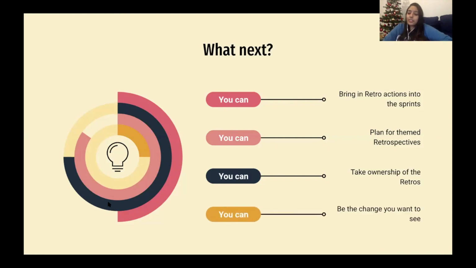And honestly, lastly, just be the change you want to be. If anything that I have said to you in this video clicks with you, don't wait for somebody else to do it. Take that idea, take the ownership of it, go tomorrow, take it to your team and say, hey, I think we should do this. And maybe initially people will say, yeah, you know what, let's wait. But don't wait. Take the ownership. Try to bring this on your own. And once you start doing it, I'm sure people will see, hey, that's a really good idea, and they will learn from you. So yeah, simple as that. Just be the change you want to be.